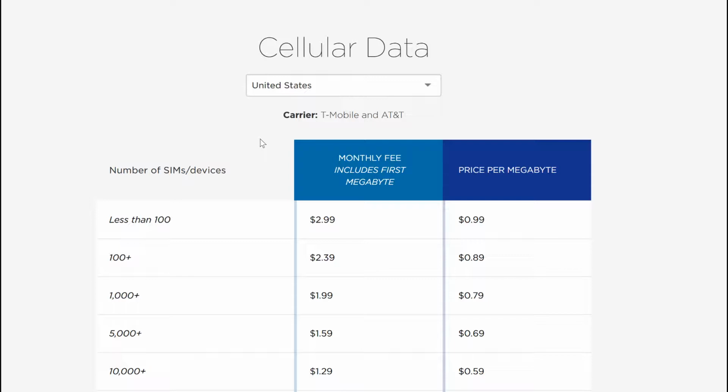You can see here in the United States that your monthly fee is $2.99, and then the price per every additional megabyte is 99 cents. That $2.99 includes both just the monthly fee for running the Electron and your first megabyte of data. Any megabyte you use beyond that will be an extra $1. You'll probably stay under this first megabyte limit, but if you do go a little bit over, it won't cost